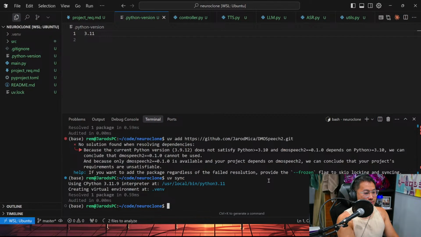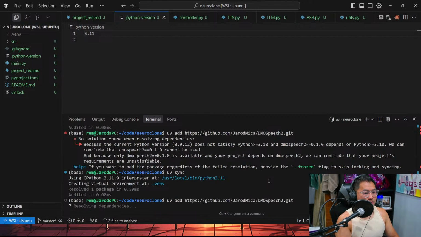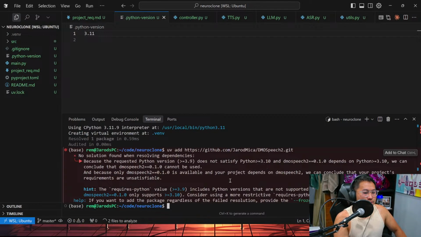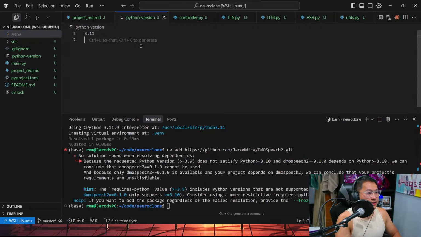UV sync. Alrighty, cool. What is going on here? This is 3.11, right?